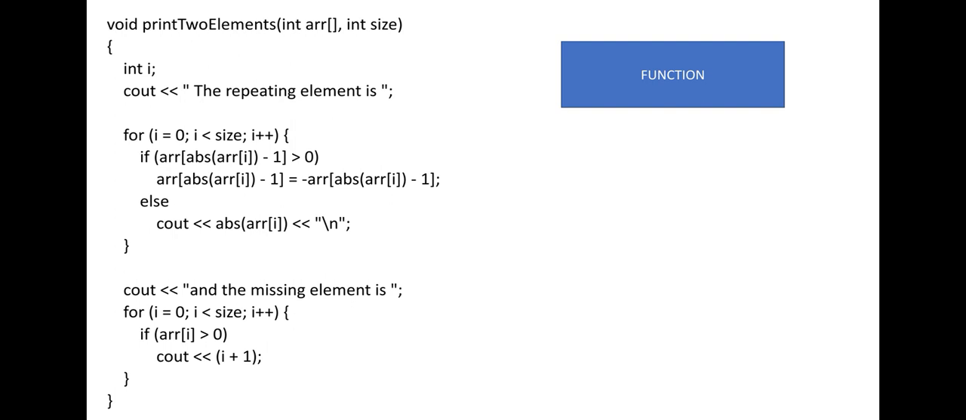And for the element which is missing, we would traverse the array and check for the positive value, and if the element is positive, we would add